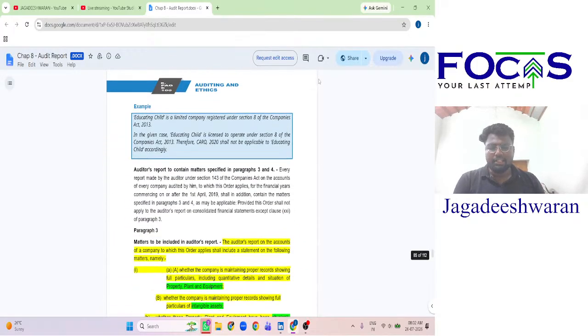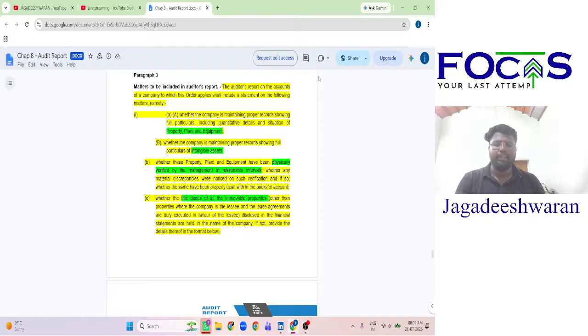Okay. Next, we have seen para 3. So, we have 21 clauses. First clause is all about PPE. So, PPE, sorry, it's about fixed assets, PPE, intangible assets. So, first point is the particulars of PPE and particulars of intangible assets, we have to maintain this only. Second thing, we have management has done proper physical verification at reasonable intervals, and if discrepancies were there, whether they are properly dealt with